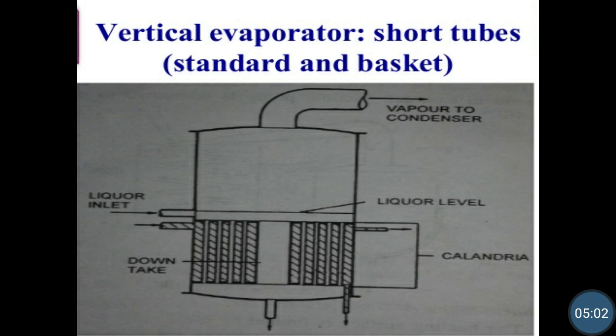These tubes are filled with a liquid and surrounded by steam. You can see there is a little distance between two tubes. The liquid to be evaporated is filled in the tubes, and hot steam is circulated through the space outside the tubes. The level of the liquid is maintained slightly above the top of the tubes so that the space left in the evaporator can be used for the separation of vapor from the boiling liquid.